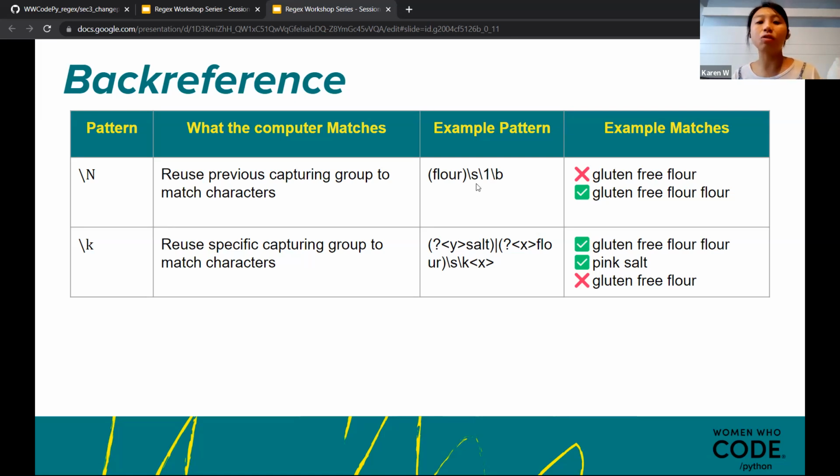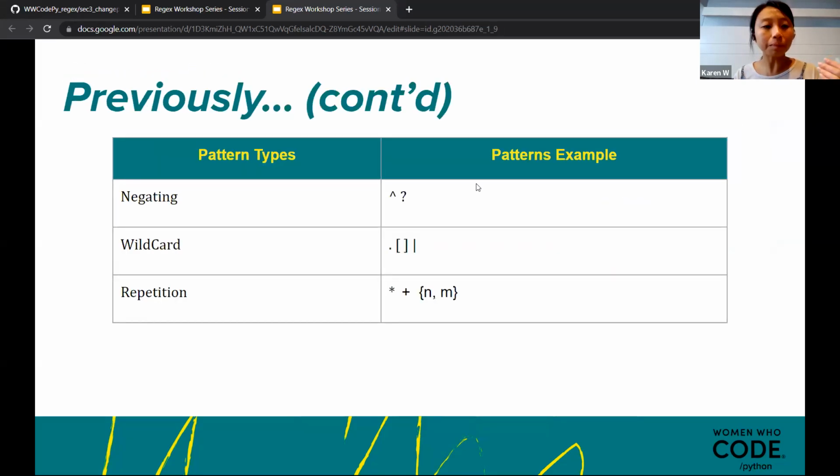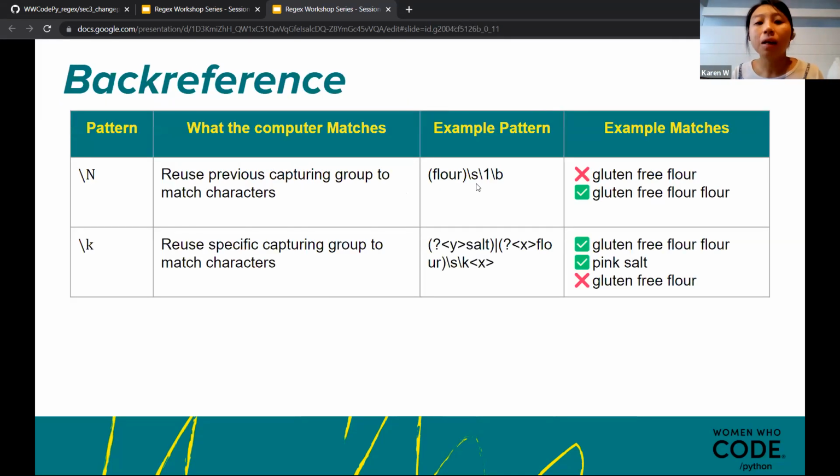Instead of a space, you can put the wildcard in between, so you can catch anything in between, like flour, blah blah blah, flour, and you're able to capture that.